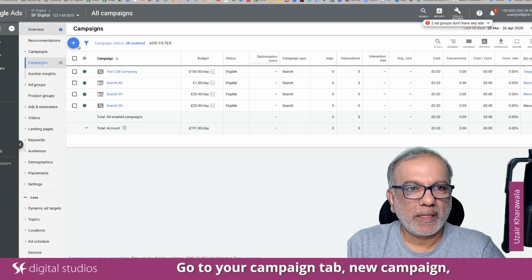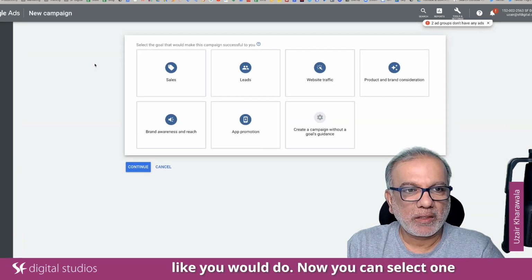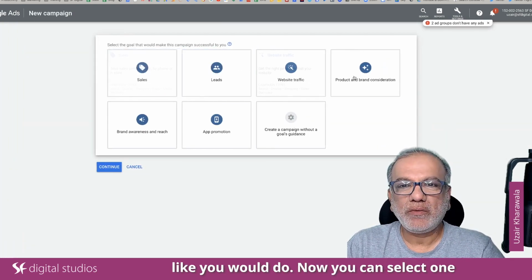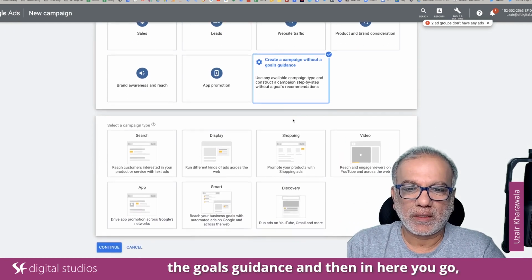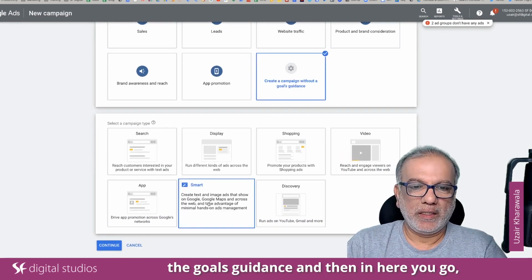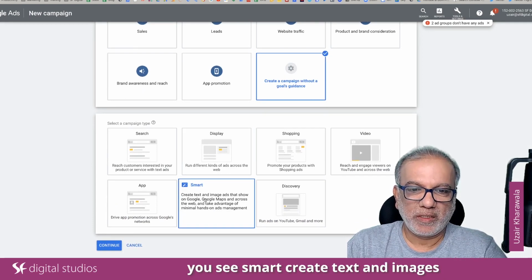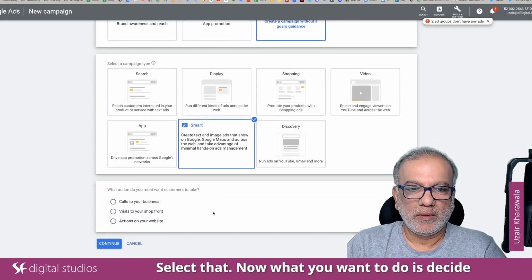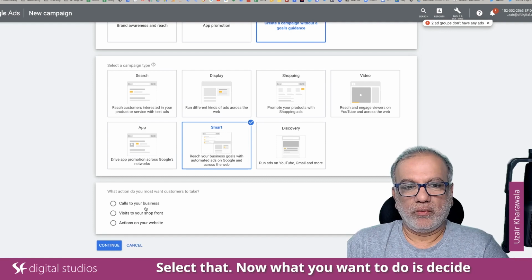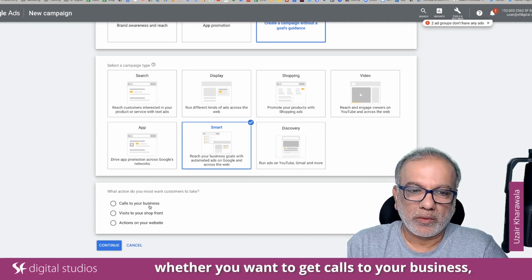Go to your campaign tab, new campaign, like you would do. Now you can select one of these goal types, or you create without the goals guidance. And then in here you see smart, create text and image ads that show on Google Maps across the web. Select that. Now what you want to do is decide whether you want to run get calls to your business,